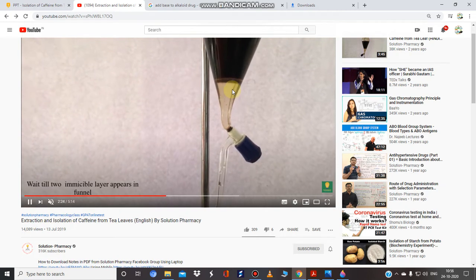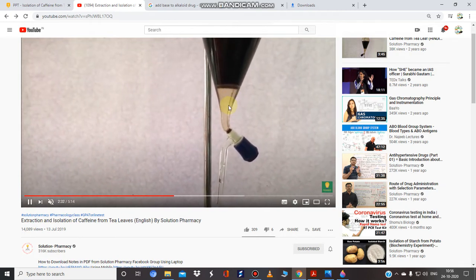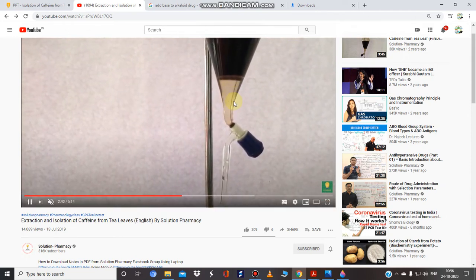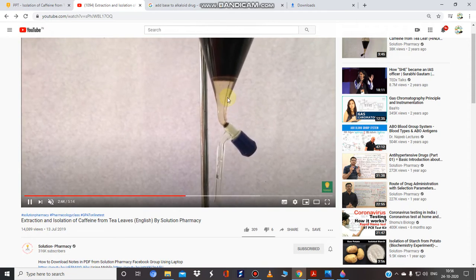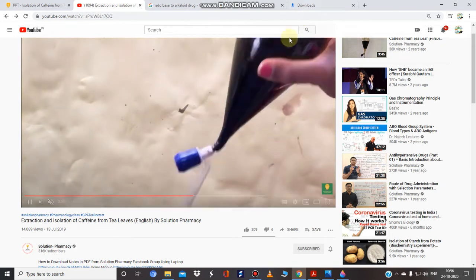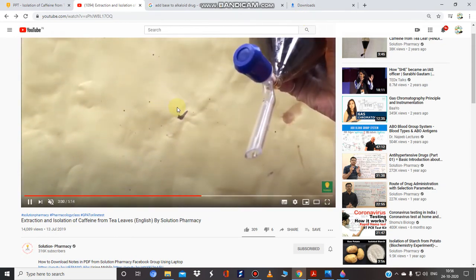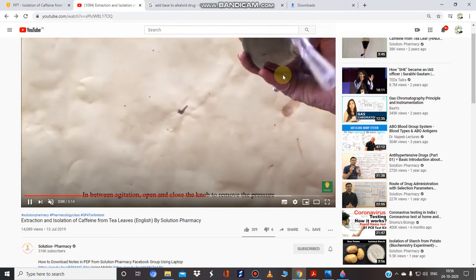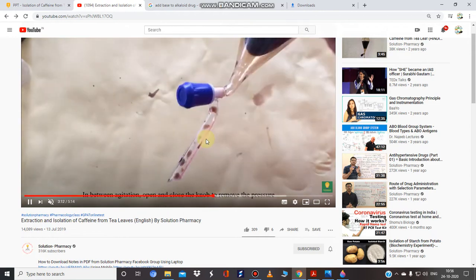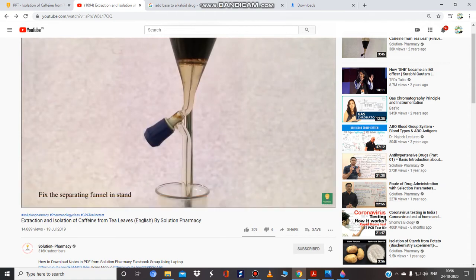As we know, chloroform is denser than water, it is heavier than water, so the chloroform layer is at the bottom, and above this is the water layer which contains the tannin salt, and caffeine is dissolved in the chloroform. We shake gently, mixing gently, and let the separating funnel stand for at least 10 to 20 minutes. Then we separate this organic layer in a petri dish or any other container, and then purify it to obtain the crystals of caffeine.